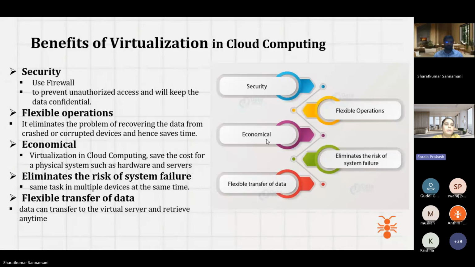Flexible operations also explain your backup system and recovering the data. Sometimes you lose the data in your actual system, but when you go with cloud computing, there will always be a backup. With that backup, anytime you can restore the data, or if the data is corrupted, there will be a backup. For example, there will be 3 availability zones. One data center is in Mumbai, one data center is in Pune. So if one of the data is